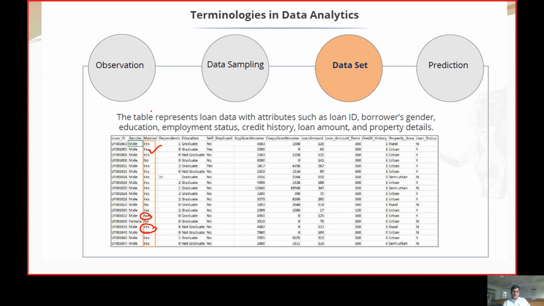Now you can see this is what we call categorical data, because it has some nominal data. Why do we call it nominal data? Because we are calling it married, and of course there will be single or married, so we have some categories. That is why we put this in the form of categorical data. In this way, we need to analyze what the variables and elements are, how the data set is constructed, and finally whether a loan can be given to the person or not. In this way, we are analyzing the data set.